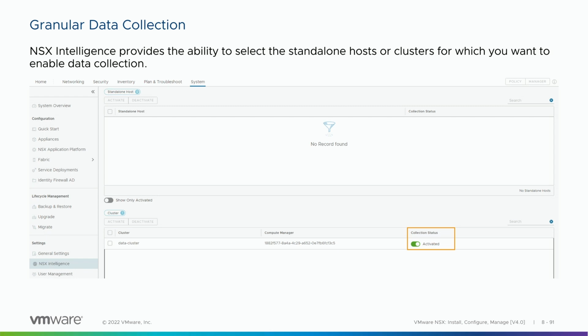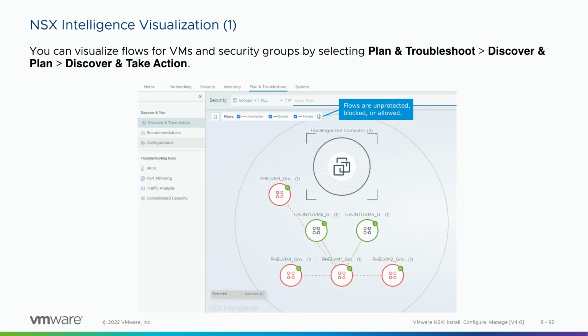That gives me a little bit of flexibility in how I'm building this, how I'm collecting data, and what data I have. Maybe I don't want to do microsegmentation on these other clusters yet. Whatever it is I might want to do, I can enable and disable data collection on a cluster by cluster basis. I can use this to start visualizing my data. Once we have data rolling in, I can come into the Plan and Troubleshoot tab in the NSX UI, and under that, I can go to Discover and Take Action, and that's going to give me immediately a visualization of my